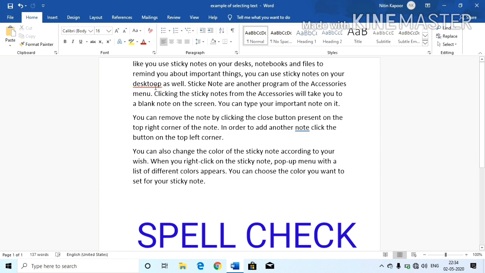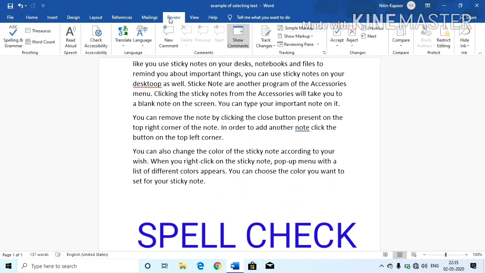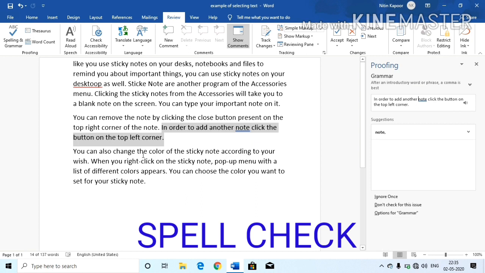To check spelling and grammatical mistakes in a document, we follow some steps. First step, go to the Review tab and select the Spelling and Grammar option. A dialog box with a list of suggestions appears.